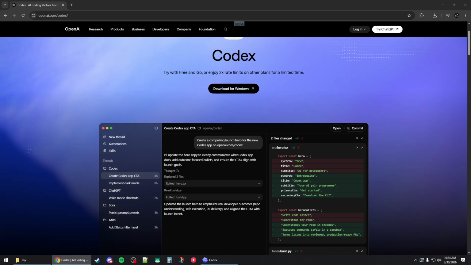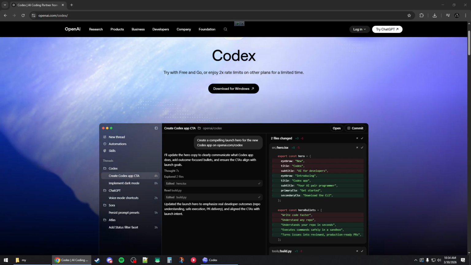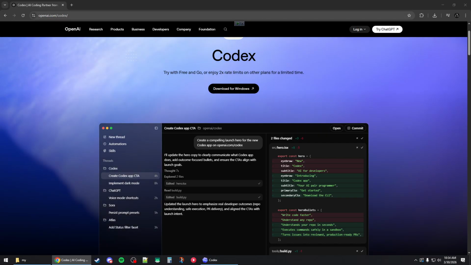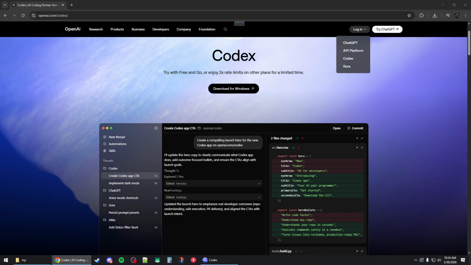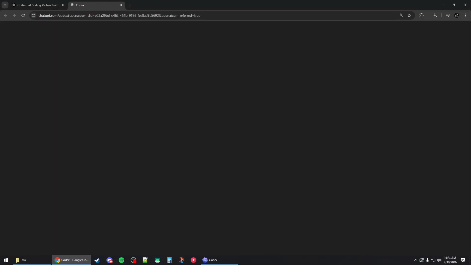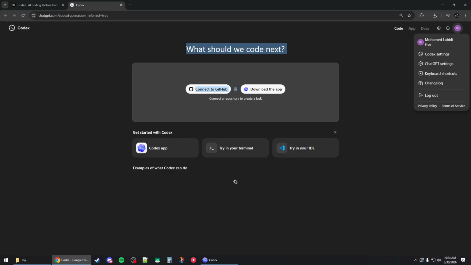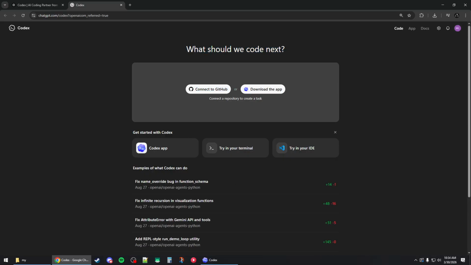I'm going to show you how to log in or sign in to OpenAI's Codex. So first you want to go to openai.com/codex and then hover over the login button and choose Codex. Now this is the first way to log in. Basically you'll need to log into your account and then you'll be able to link and choose a repo or